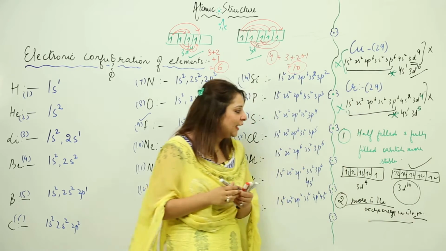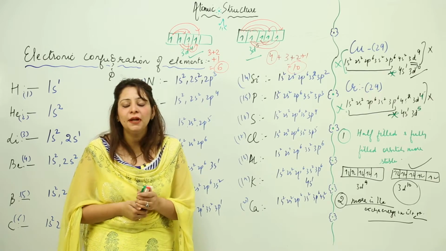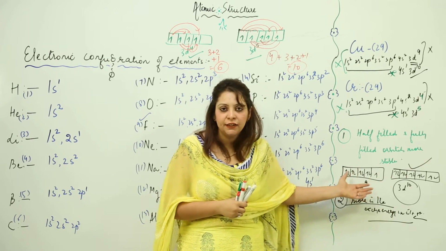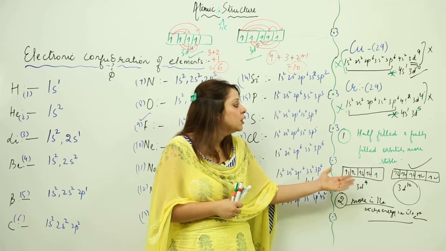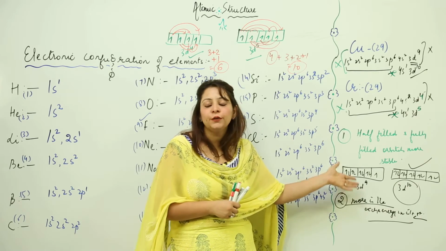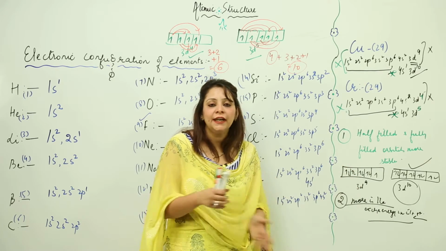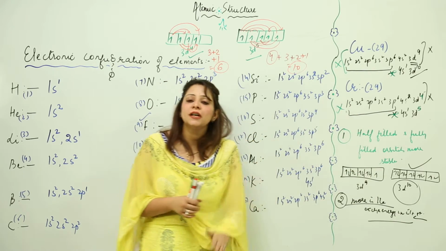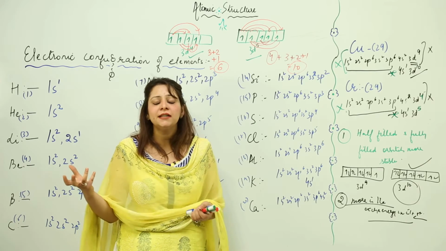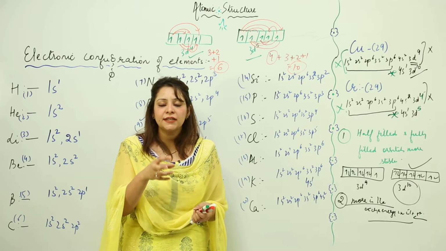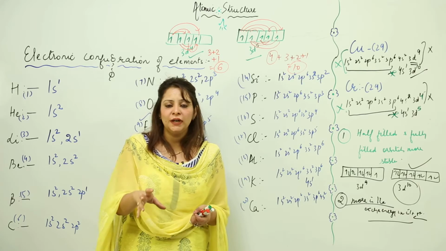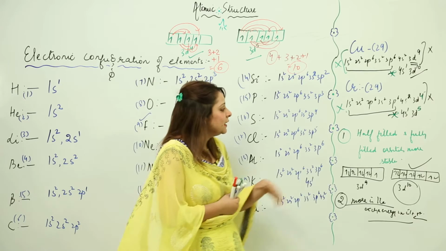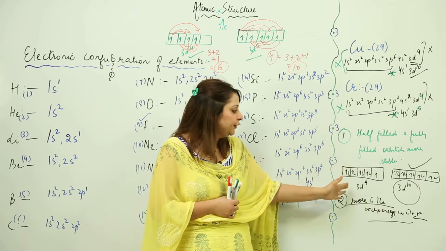The reason behind it is that half-filled and fully filled orbitals are more stable. So if you get a question like this, you need to explain it by drawing figures as I just drew for you. If you do not draw this figure, you won't get full marks. You need to draw which is the correct one and which is the incorrect one. It is not compulsory to draw both of them. Just take one as an example and write it. And if you get an atom in a question, use that atom and write. And the reason will remain the same: half-filled and fully filled orbitals are more stable. You need to show it, right?